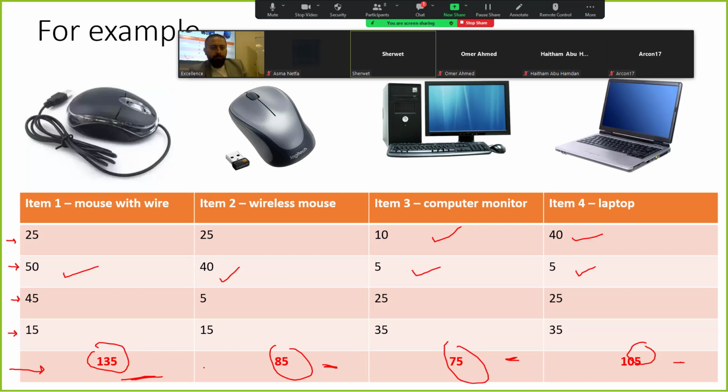And then what we do in the end is add all the points together so that we can come up with a total number. So in this case, the mouse with wire is the most important item, and afterwards it's the laptop, then the wireless mouse, and then the computer monitor. So if we go back 1 slide,